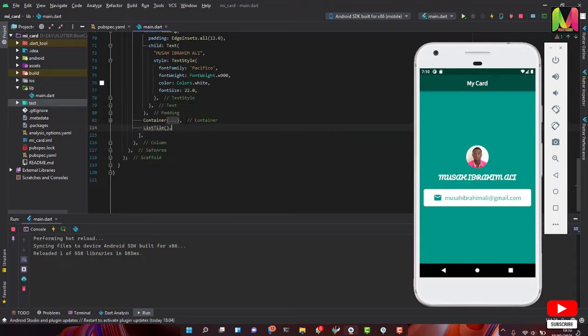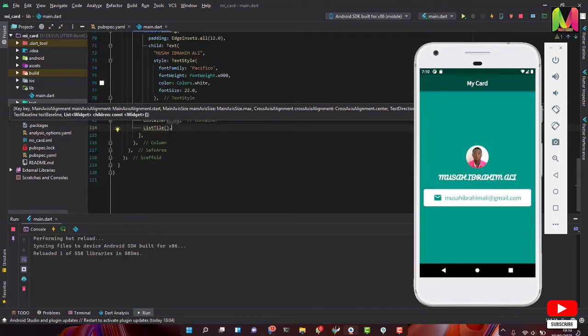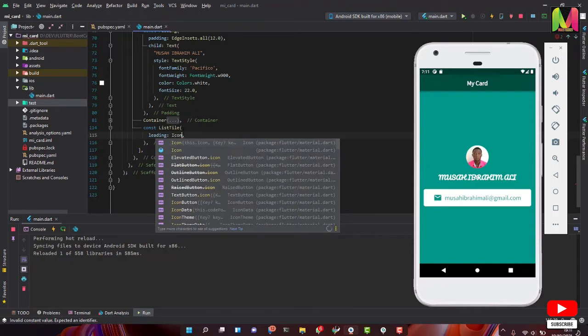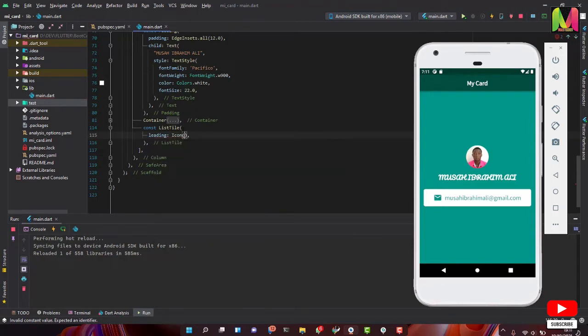Now if you don't know what the list tile does, which by default you probably wouldn't know if you haven't used Flutter before, which I'm supposing you've not. So it has a leading tag, and we are just going to set that to an icon, which is going to be an icon. So the leading, as you would guess, is the widget that comes first, what should show first. So I'm just going to say icons.phone,